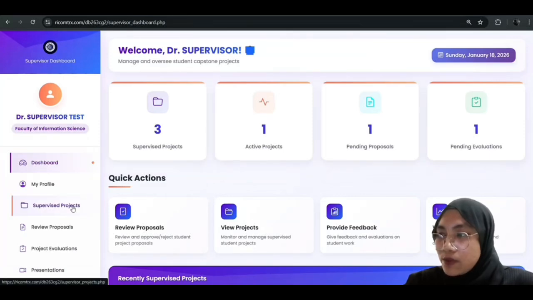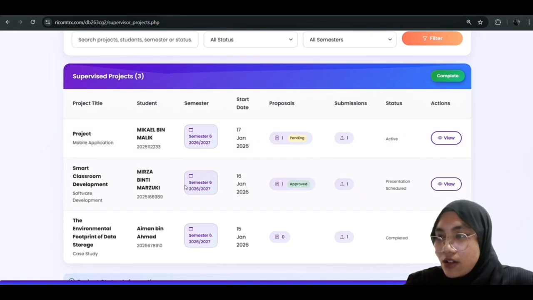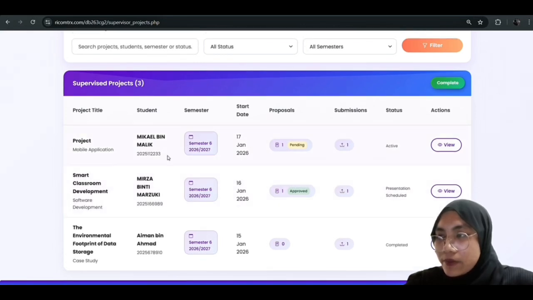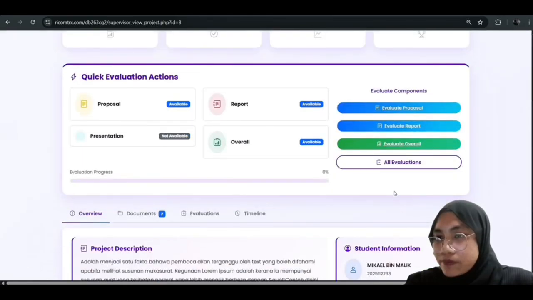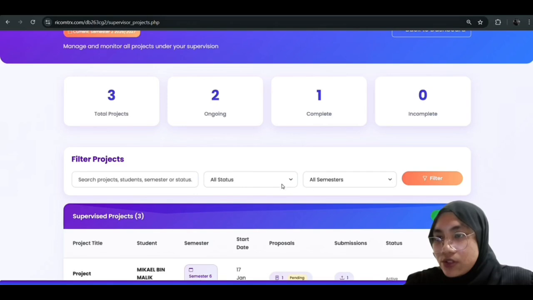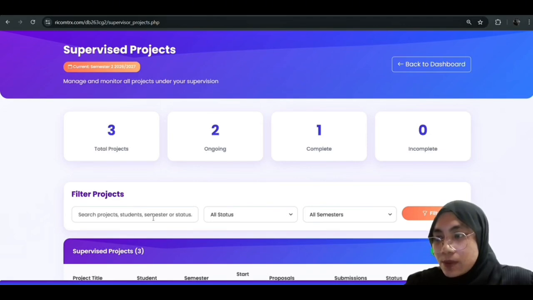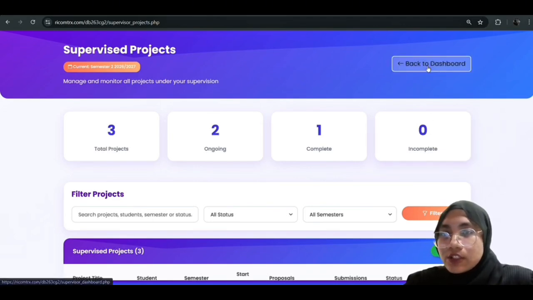Next, let's go to supervise project. Here you can see all the projects that have been created and also the students with their own projects. You can just click view to view them. And you can also use the filter and search function to find your student or semester project and anything. Now let's go back to dashboard